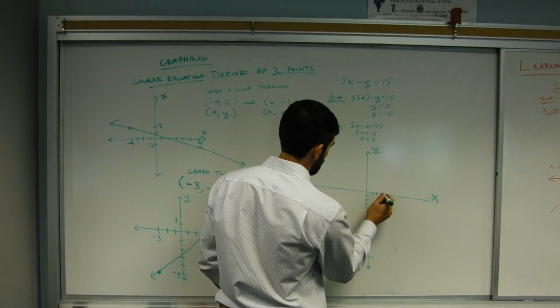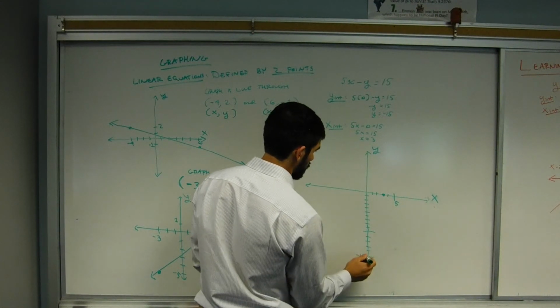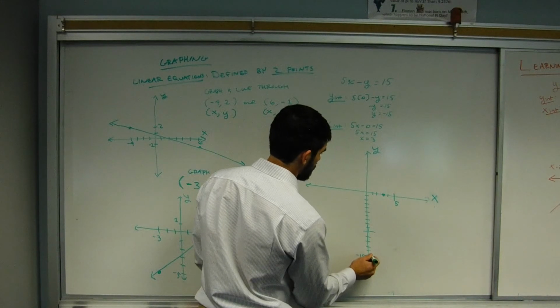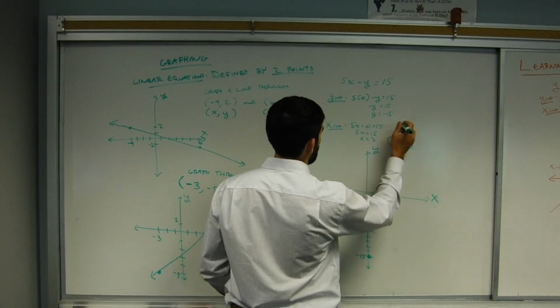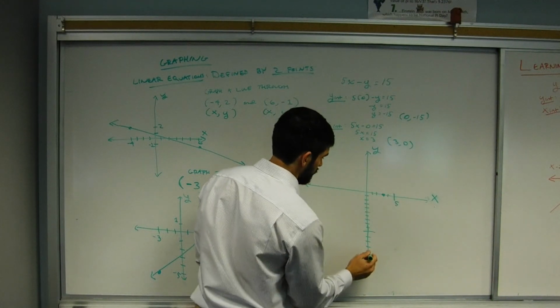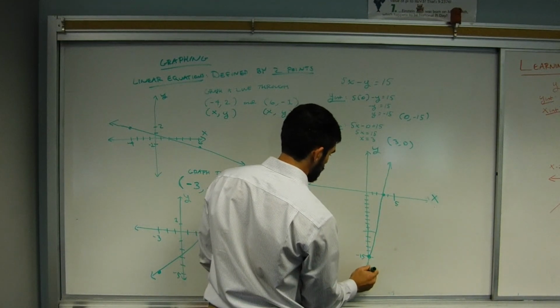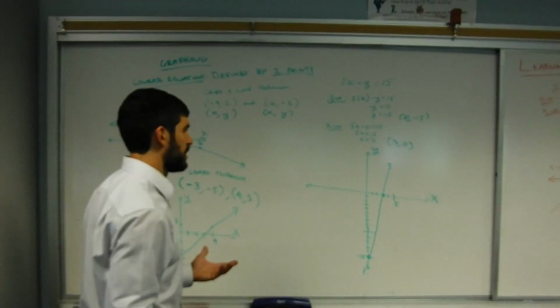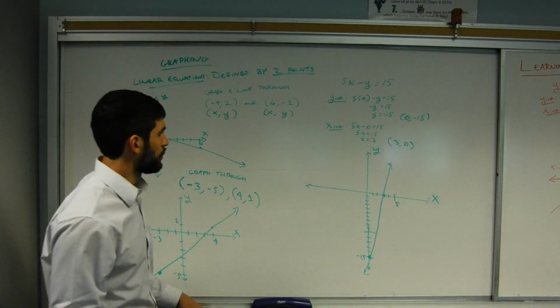And our x-intercept is equal to 3. So we could just plot each of those points, because our x-intercept is going to be 3, 0 and our y-intercept is going to be 0, negative 15. And we can just connect those dots, and we have a graph of our function. If we want to do one more